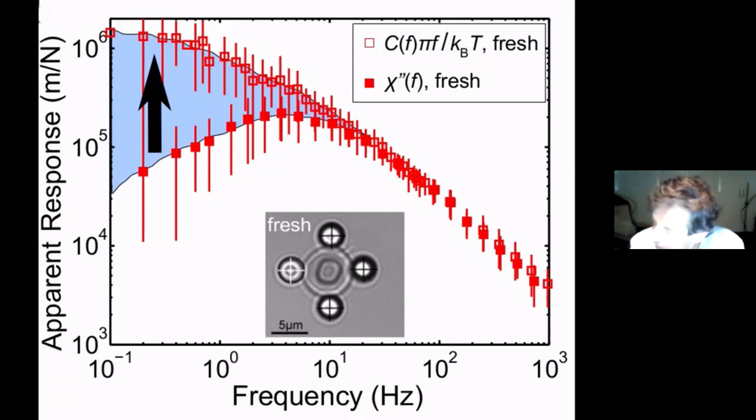Then what we did, and I won't take you into that, is we made a model for the binding and unbinding of the cortical network to the membrane, and coupling it to the chemical reaction of binding. And we coupled that with the mechanics, and we were able to explain these two curves that disagree. So active phenomena for these cells are important, and the cells are clearly non-equilibrium systems.